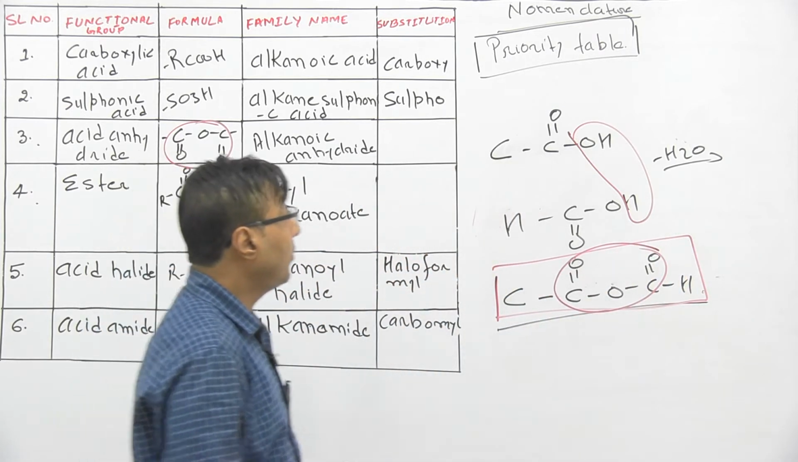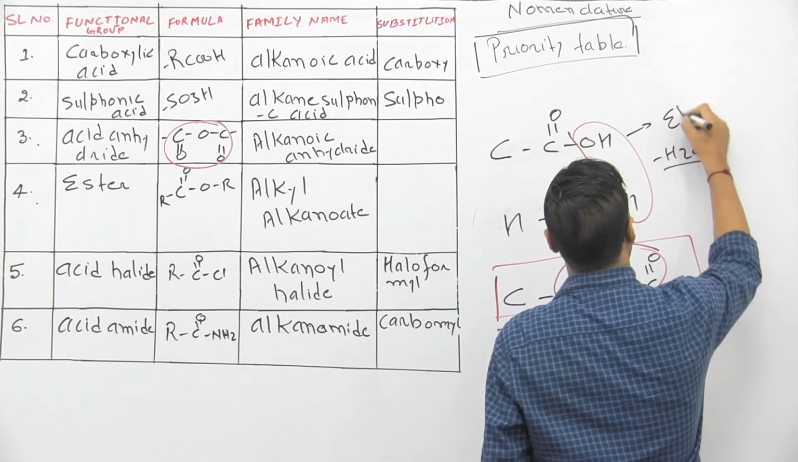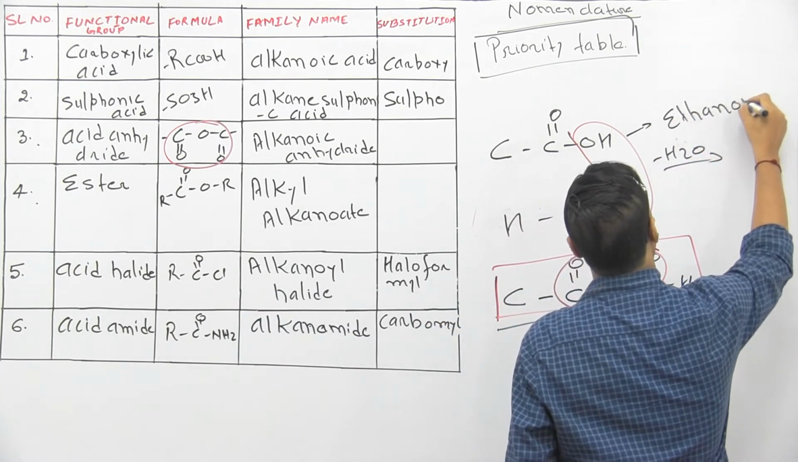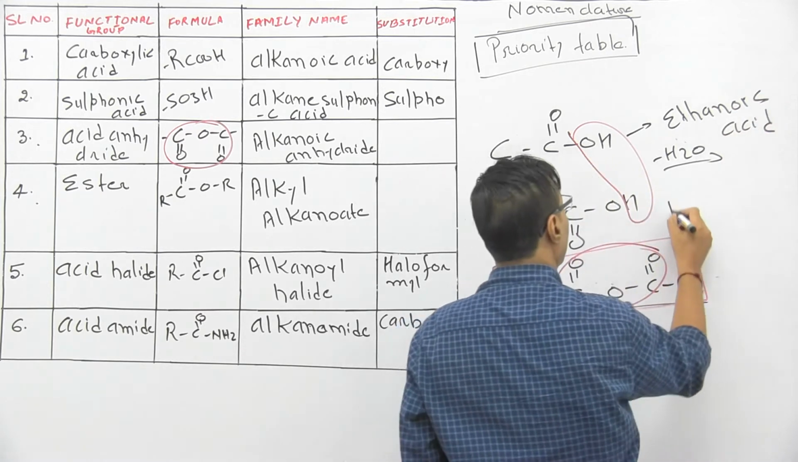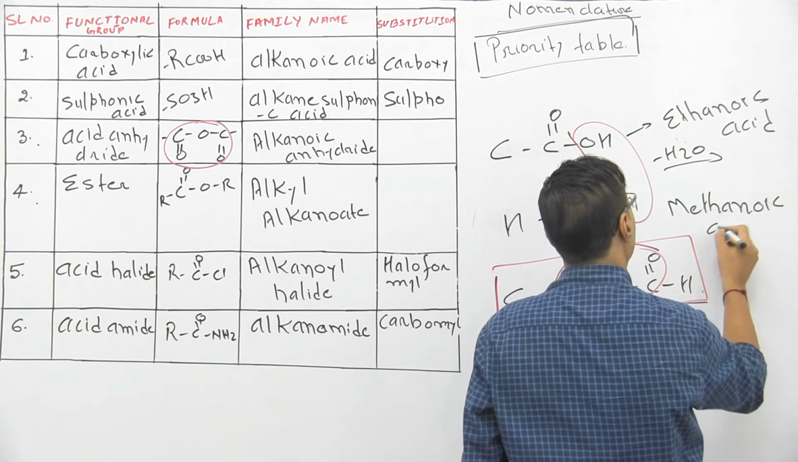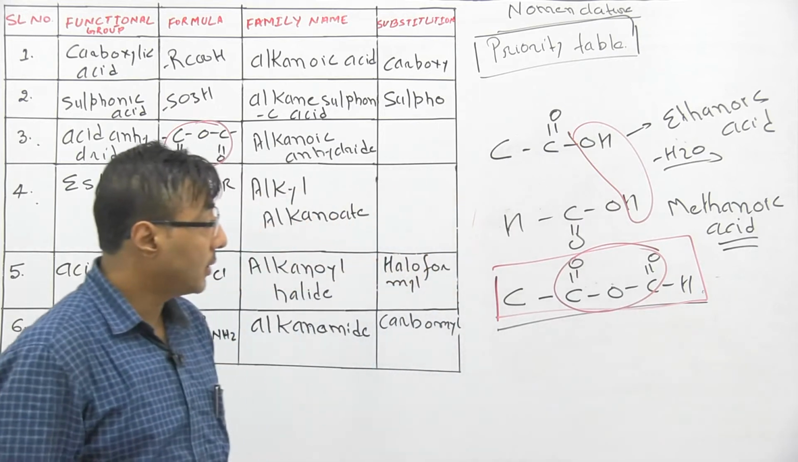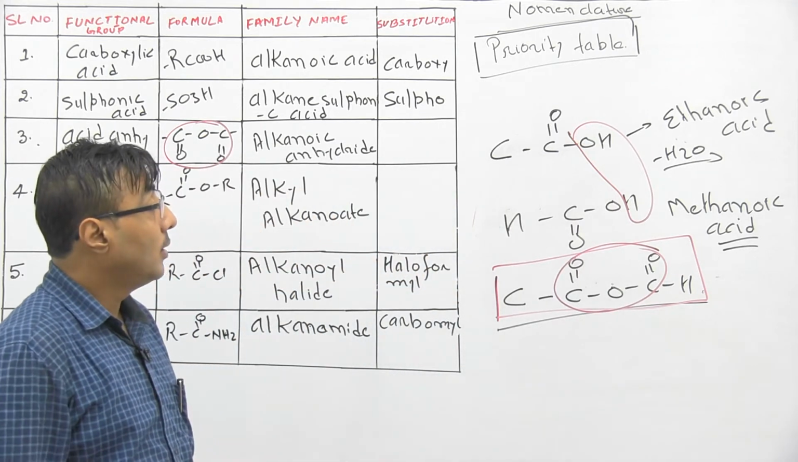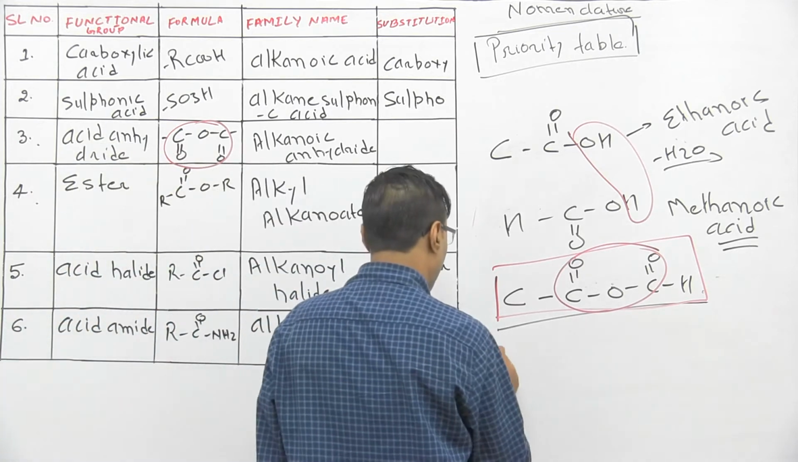Now what can be the name? What is the name of this compound? This compound is ethanoic acid. Name of this compound? Methanoic acid. So what can be the name of this acid anhydride? In this case, since the 2 acids are different, when 2 different acids are taken,